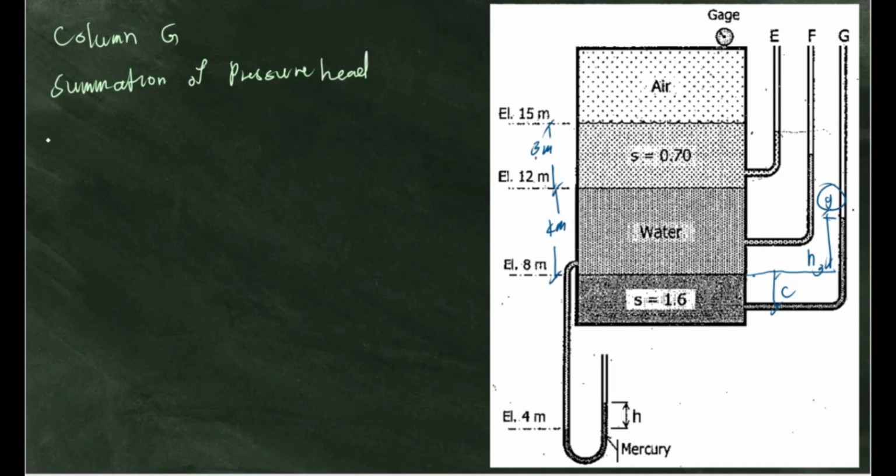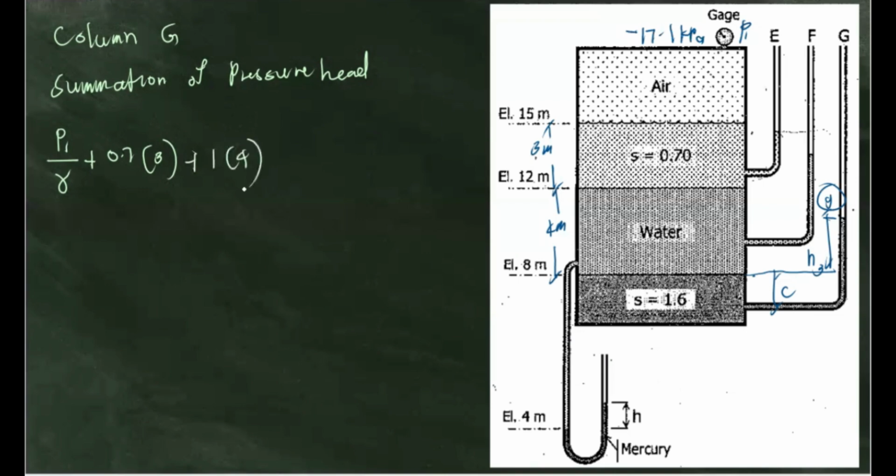Paano? Ganun ulit, kung meron tayo ditong point 1 or P sub 1, na merong negative 17.1 kilopascal. Okay. So, P sub 1 over gamma, then plus, meron tayong 3 meters, o 0.7 times 3, kasi may specific gravity. Then, ano meron sa water? So, bababa ito, plus 1 times 4. Okay. And then,